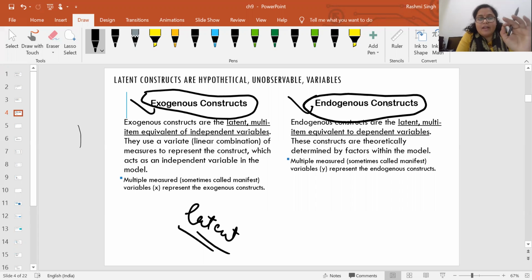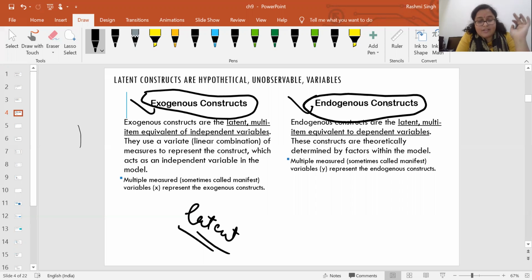Multi-item means there will be two, three variables or items that would explain, define or measure that particular construct, which is known as the latent construct. So you should keep in mind that whenever we are talking about structural equation modeling, the constructs that we are using in our study would be latent as well as